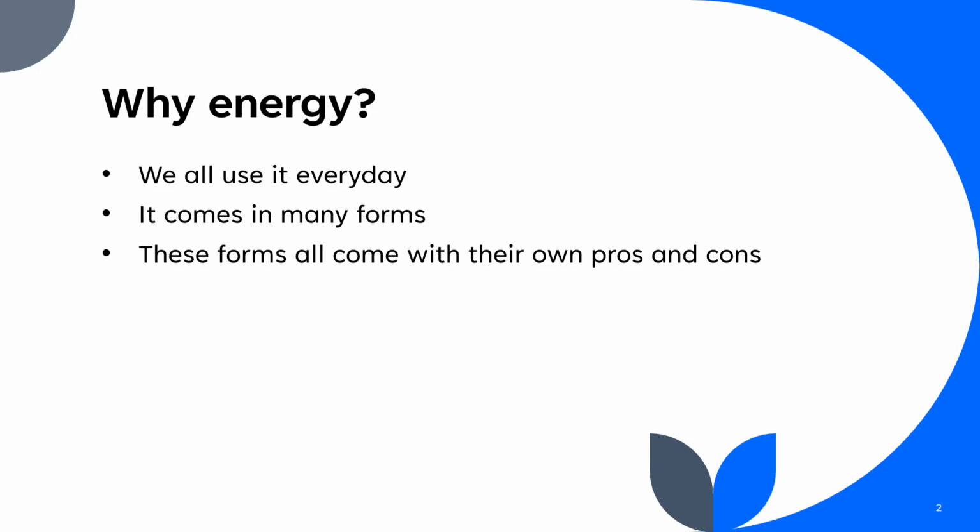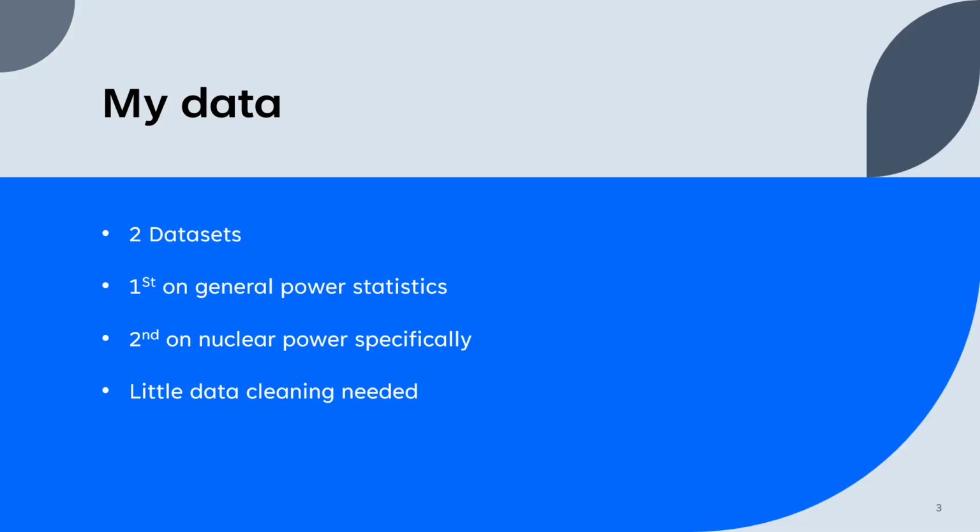Some are better for the environment, some are easier to use, some we've been using for a long time, so a lot of our infrastructure is built up around it, and some are newer forms of energy that we haven't yet gotten into. This is a very important thing for anybody to look into, seeing as everybody in the entire world uses energy. Everything runs off of electricity nowadays. I'm hoping that with my exploration into energy consumption and generation, I can find outliers and anomalies that either indicate problems to be fixed or strange trends that people can capitalize on.